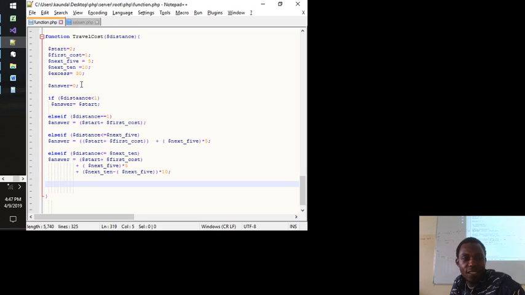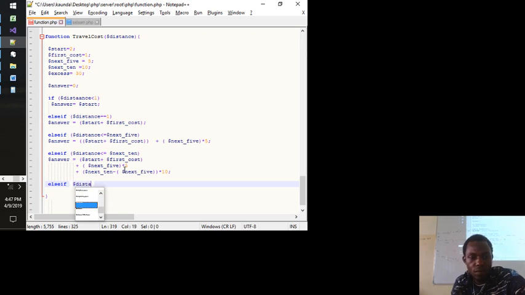Now if it's bigger than this, okay, let's still have it in if. I wanted to see if that can be the else part. So if the distance, if it's greater than